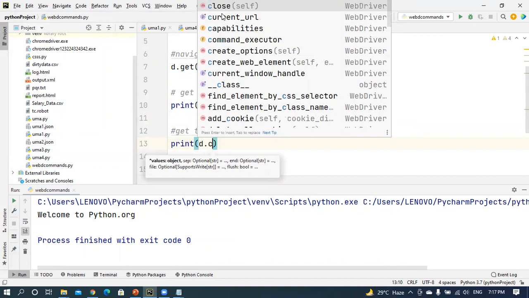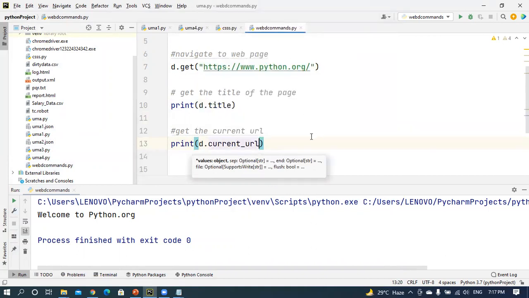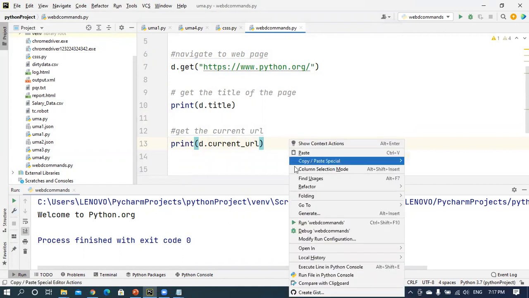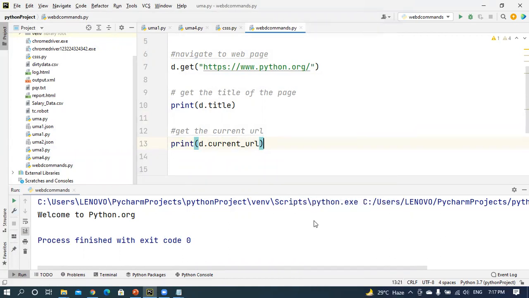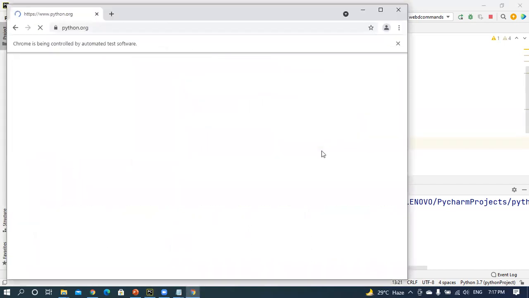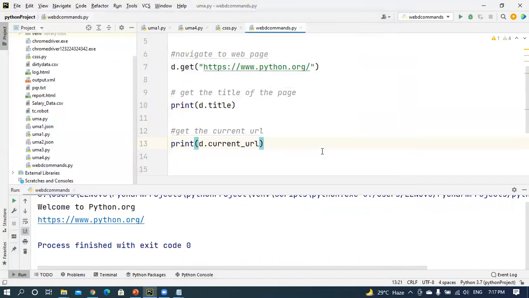You have some other information also available. Then it will retrieve the URL of the page. If you execute this, first it will print the title of the page, and after that, the URL of the particular page.